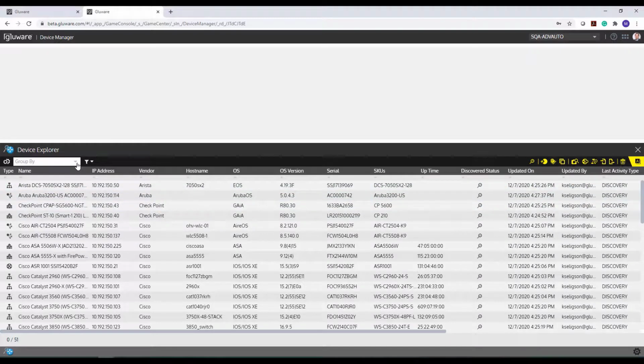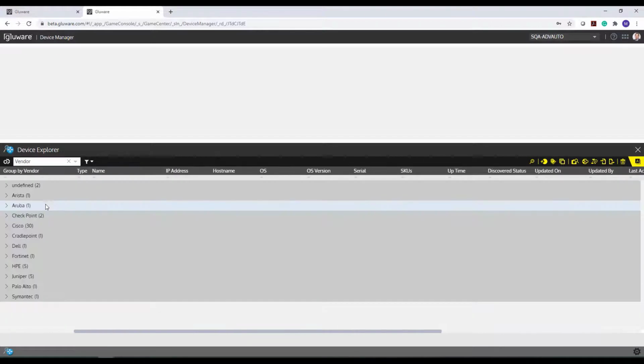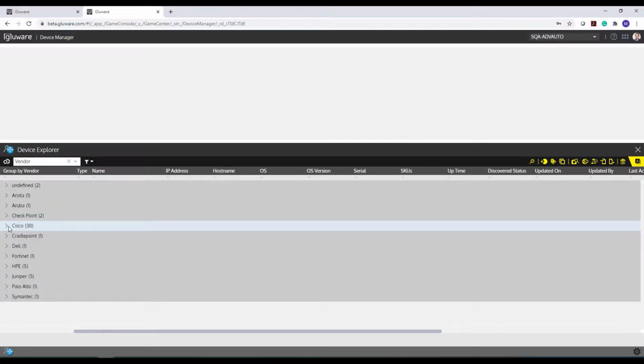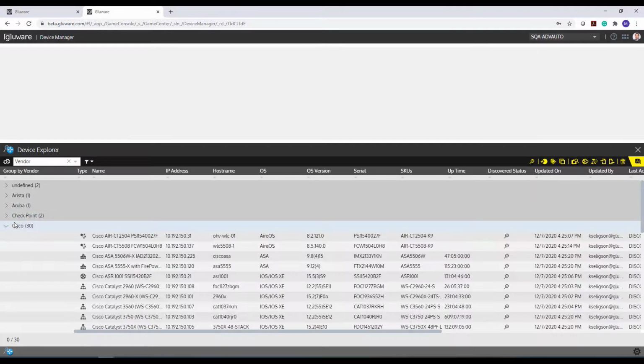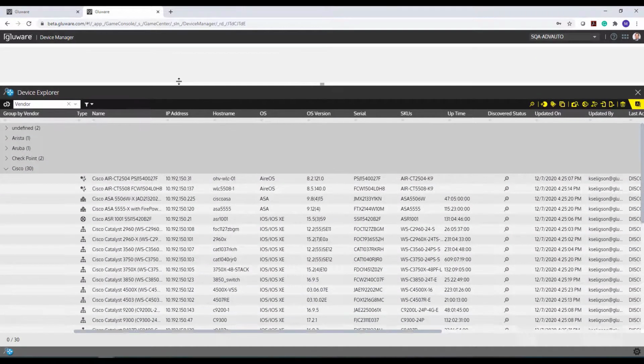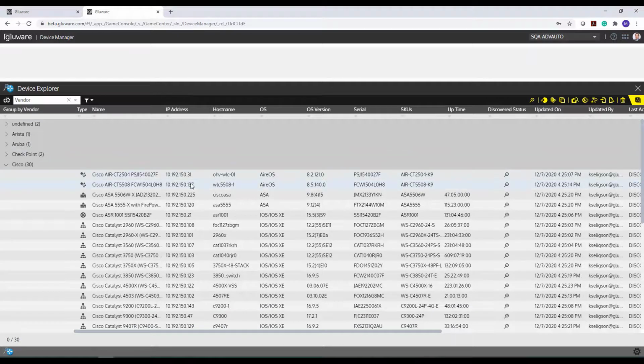Just for the purpose that these 2 features I'm describing are specific to Cisco, I will go ahead and filter this grid by vendor. So now I can take all my Cisco devices and look at them specifically. Now, looking at these Cisco devices, let's take a look at what some of these enhancements are around the